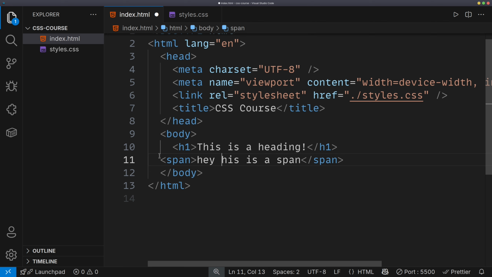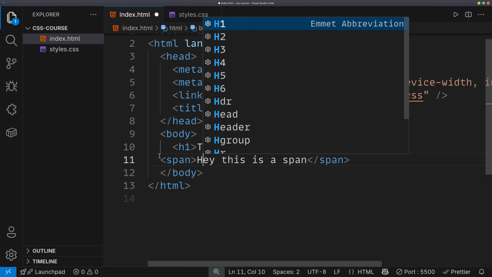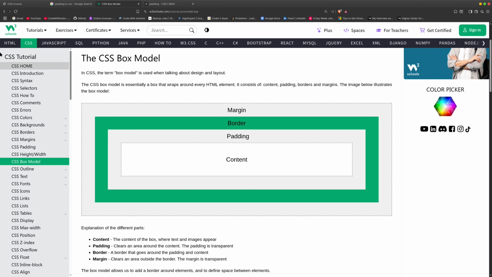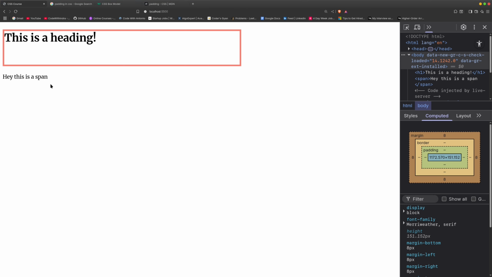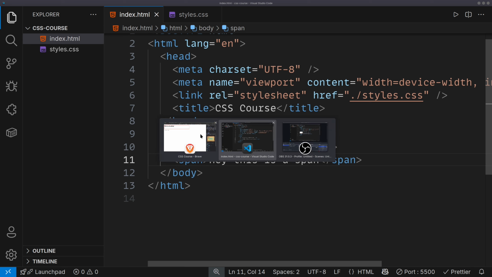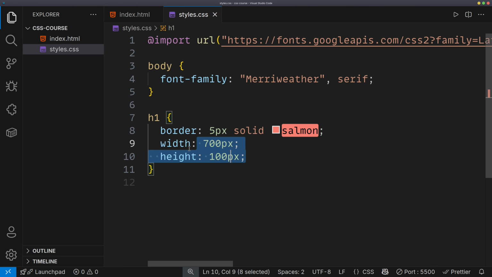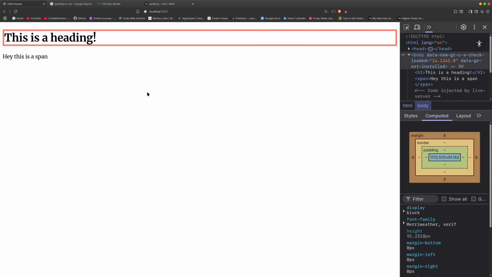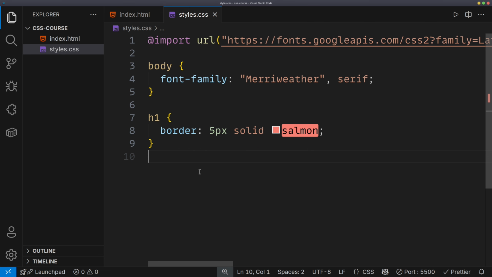Okay, this is a span. All right, so save and go to the browser, and here, as you can see, is our span. And also what I'll do, I will just get rid of this as well. Okay, so now this is our heading and this is a span. So let's select that. So let's do span